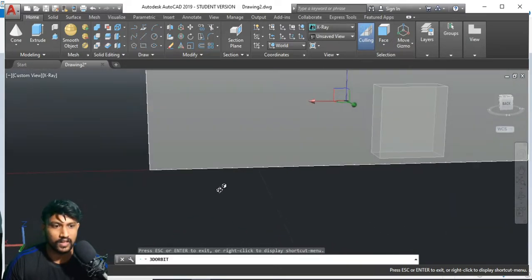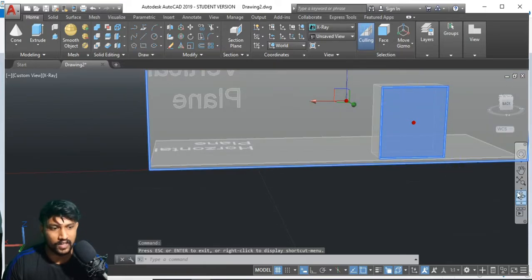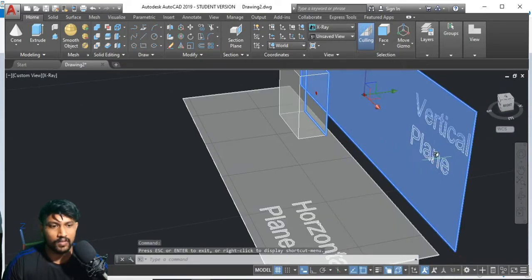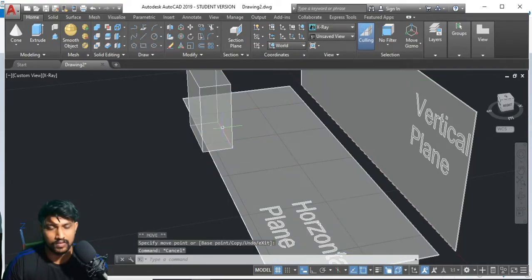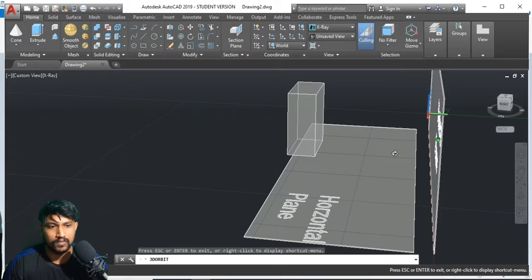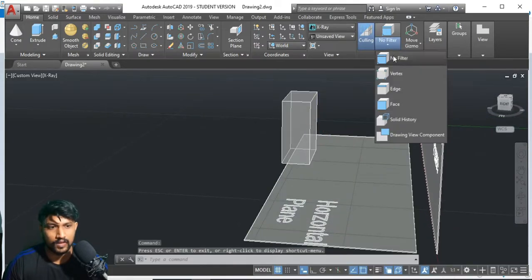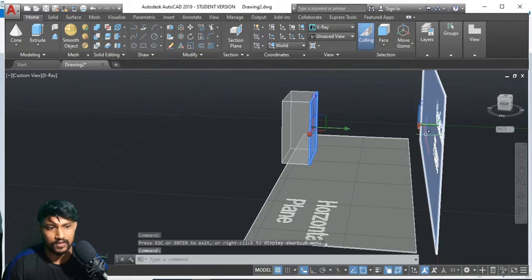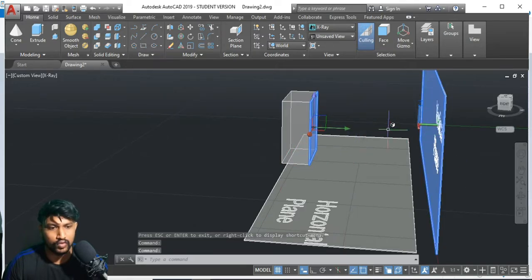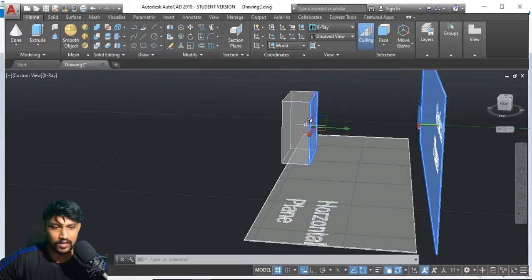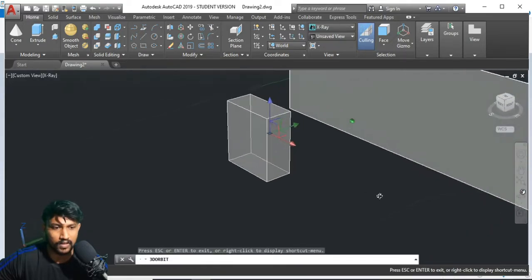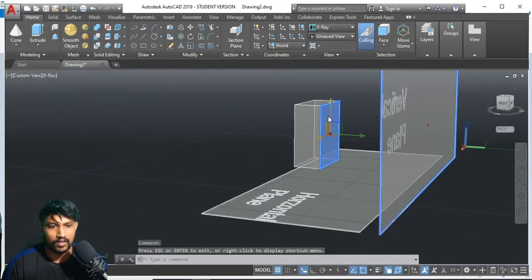I'll try to take this one somewhat further so that you might see it. I'll go to the face selection and select this face. So these two faces are now parallel to each other. This highlighted face is parallel to this vertical plane, right or wrong?